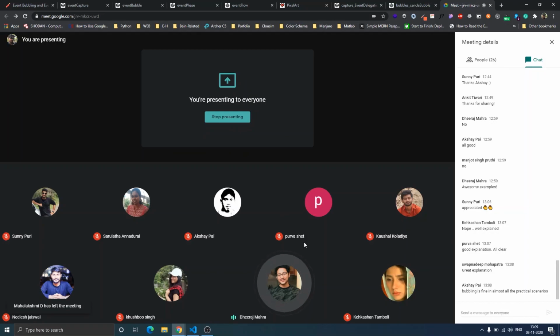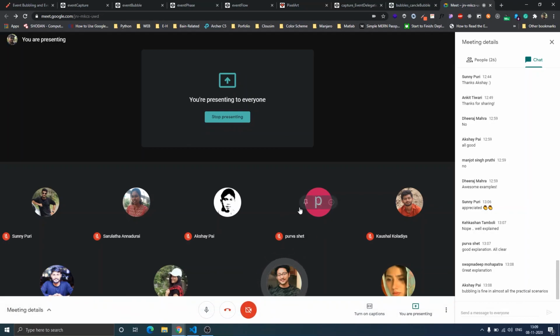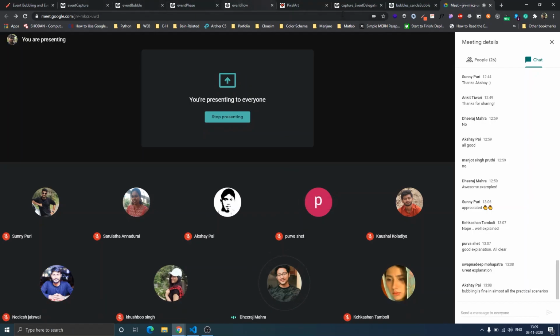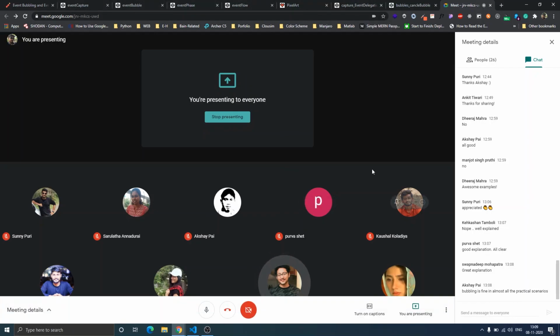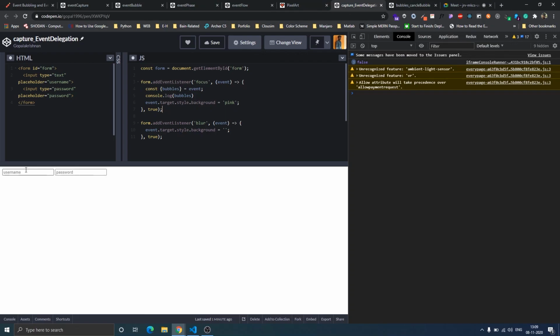Correct. I was thinking about the focus, when we are clicking on the input fields, the label background is getting changed. I was thinking that I can do that with CSS as well. Yes, you can do it with CSS as well. But this is just a scenario.